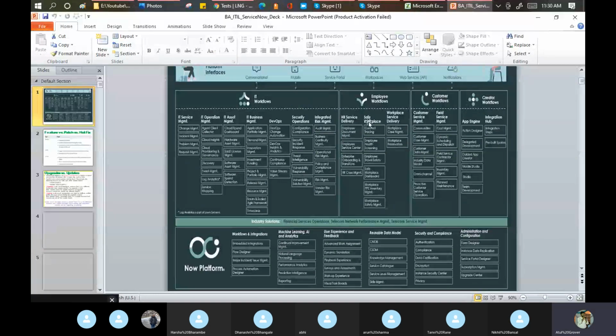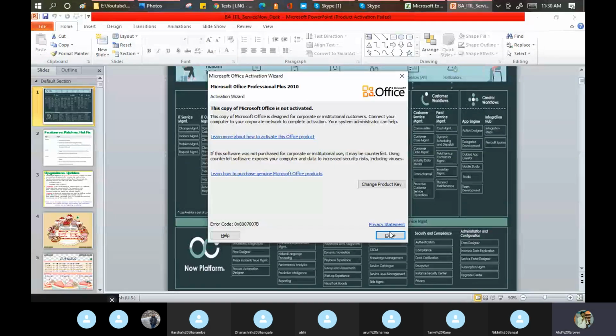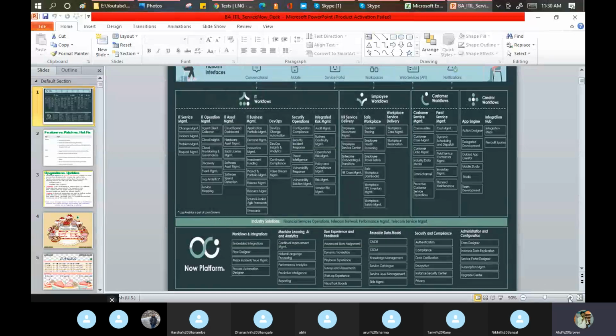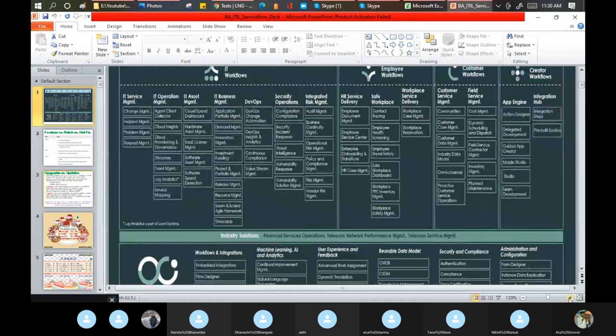Good. So we are discussing this part. Let me maximize this. We have done ITSM. Almost CMDB, we covered ITAM here as well. ITBM and ITOM we'll discuss a little later. This thing I'm skipping because that is not required for you guys as of now. We did the CSM part yesterday. We did a lot of things from here, and now we are going to discuss this HRSD part.